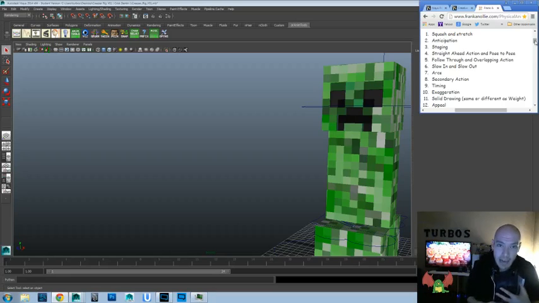We talked about secondary action, and that goes a little bit with follow through and overlapping action, but that's really all the other things that help to support the main idea. The main idea is a guy goes over, picks up a remote, and turns on the TV. All the secondary action is, he looks at the remote, then what he's doing with the other hand while he's doing that, what the body's doing,